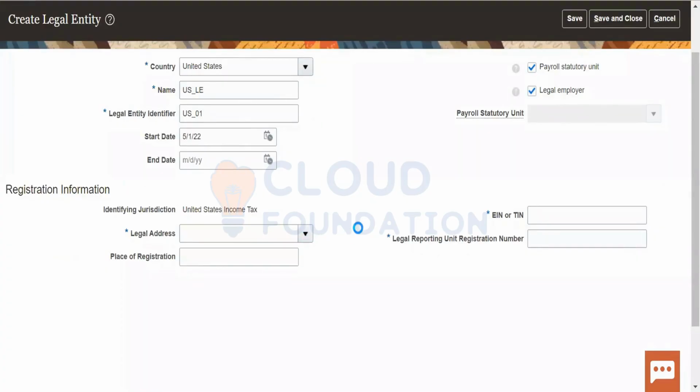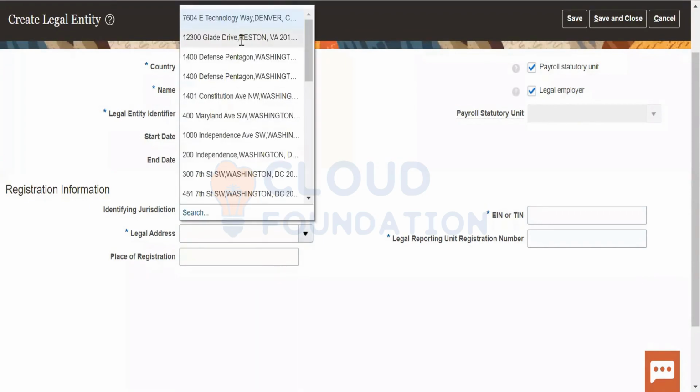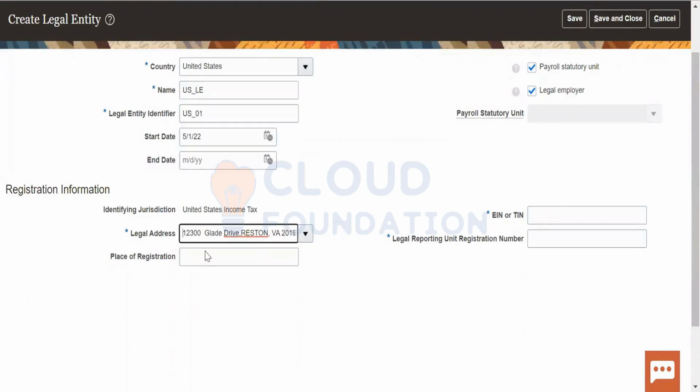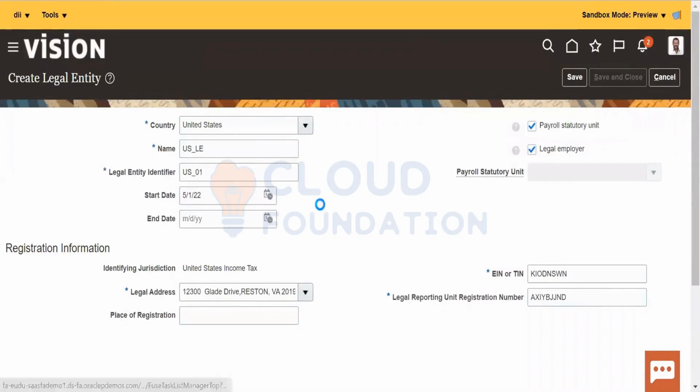Okay, now it will ask for a legal address. What is a legal address? What's your address? You can define a new address of your own or you can take the predefined ones. Okay, this is the legal entity that I have registered. This is my registered office. I have registered the name of us and this is my name. Now go to the next page.